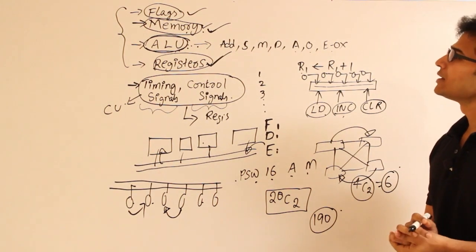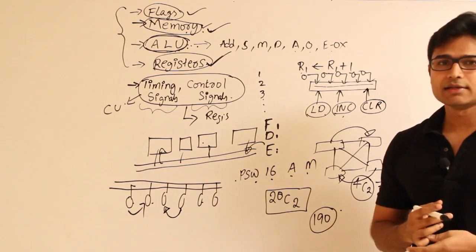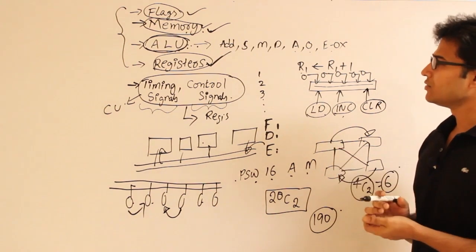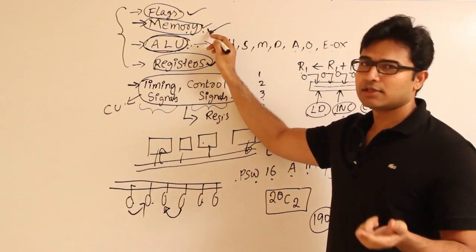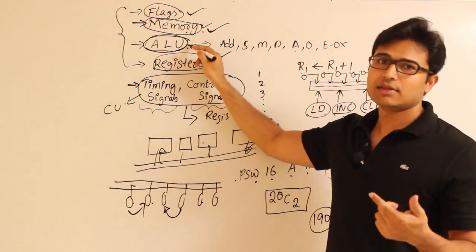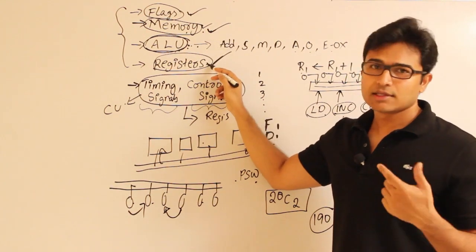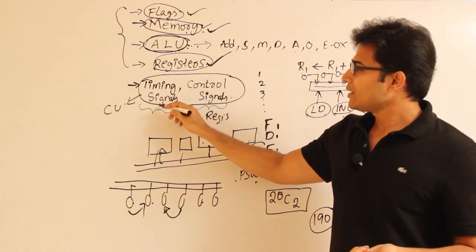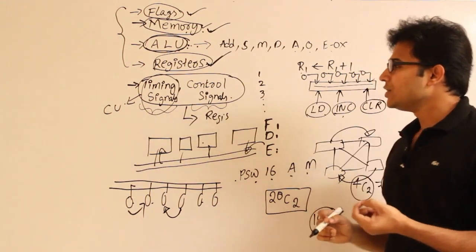How are they made is, you can just think of it this way. We'll again get into details one more time, but here I'll just give you a brief overview. So flags are nothing but flip-flops. Memory we have seen it, and ALU we have seen it. Using the logic gates we are going to design the adder, comparator, subtractor, all this. And registers is nothing but sequence of flip-flops. And timing signals, for this we mainly use the